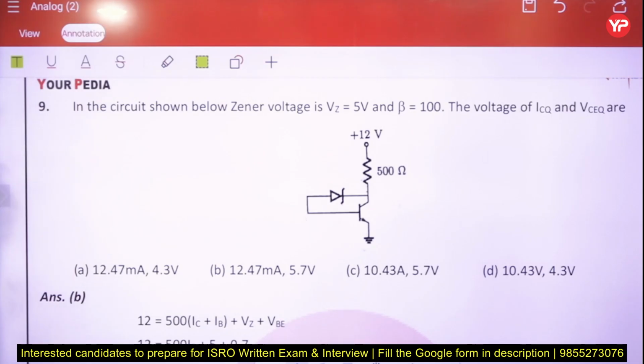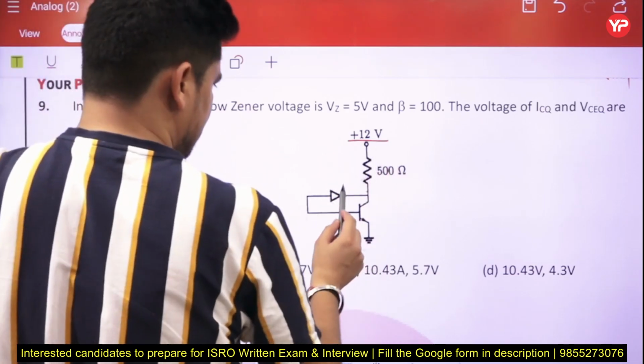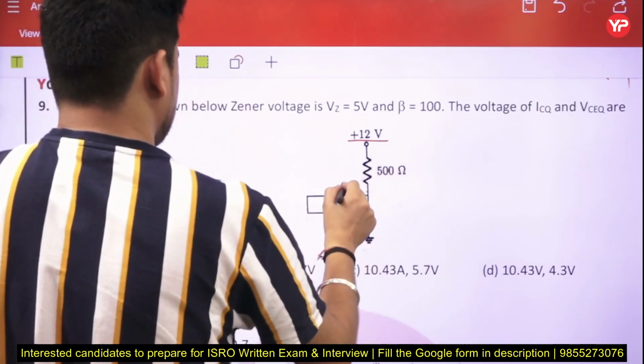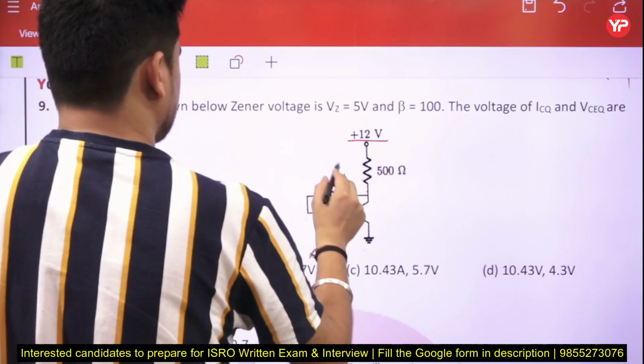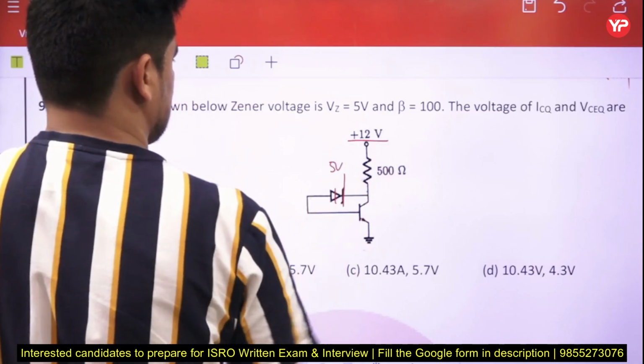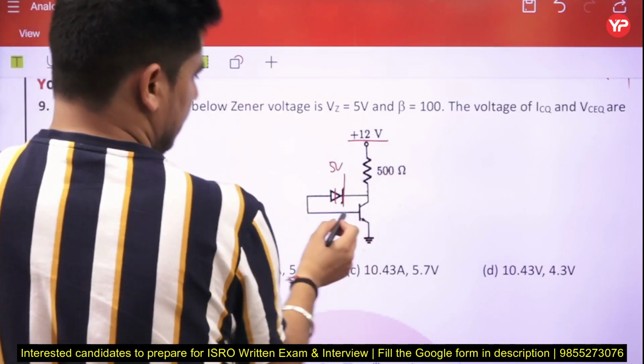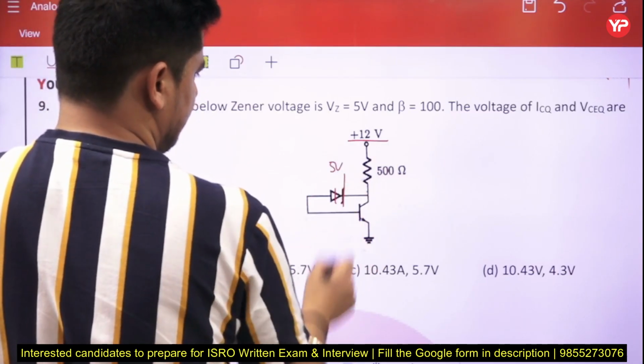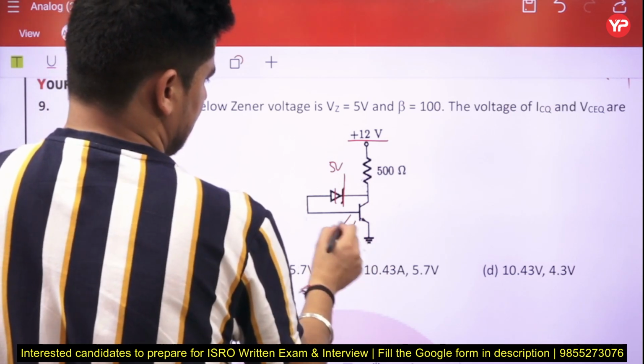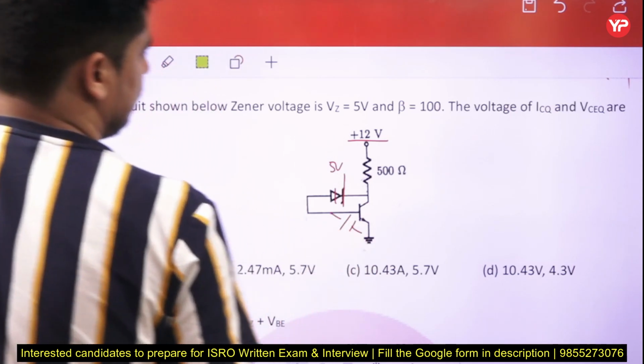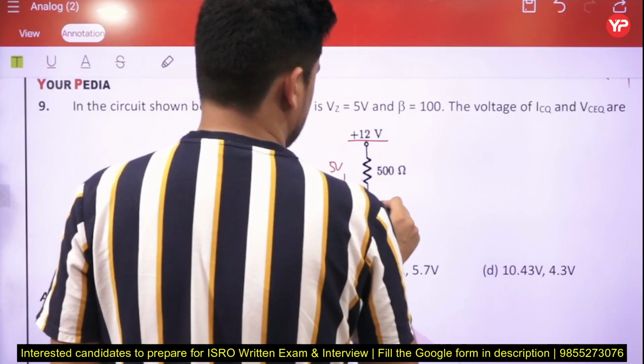Again the same question, the circuit shown below. These are very good questions if you observe here. The Zener diode voltage is VZ equals 5 volt, beta is equal to 100. We have to calculate ICQ and VCQ. See, basically if I connect 12 volt here, it means this Zener diode is in the breakdown region, so it will be replaced by a battery of how much? 5 volt, like this. So there is a voltage, this is 0.7 here, 5 here, like this, 0.7 is like this. So what we can say, the voltage at this terminal is 5.3,